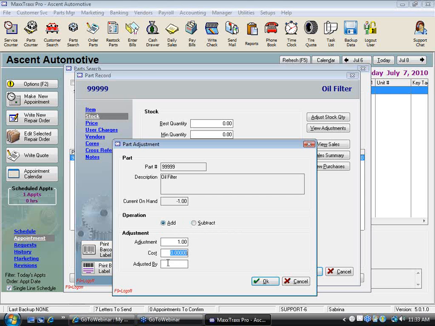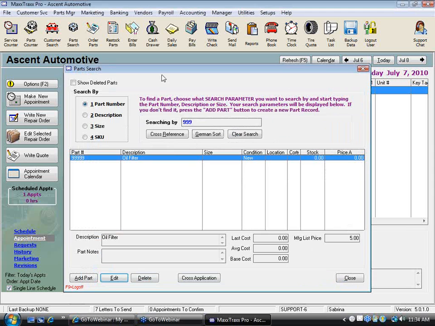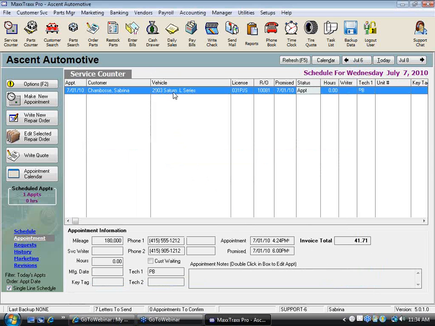I got it out back. My cost will be 0, and here are my initials. So there is no cost associated with it. But if I want to keep my inventory straight, so you can see, why would I add it to inventory, right? Why would I click that add to inventory box if I wasn't going to put an amount in the system? I'd have to go through this whole rigmarole and adjust my stock. I would have been better off